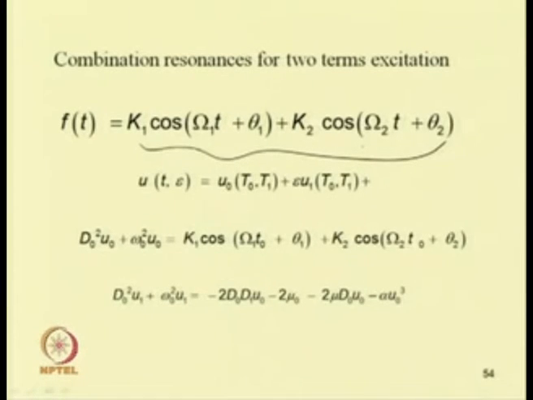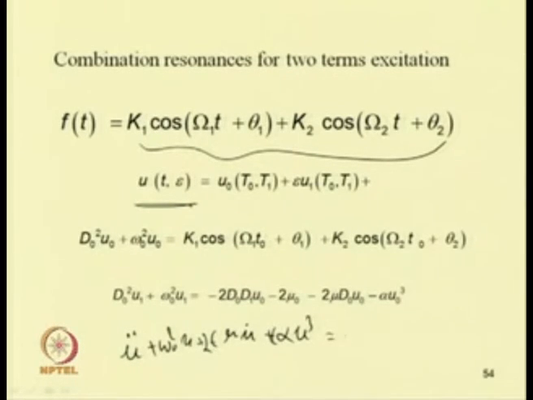Like the previous case, here also we can take u equal to u 0 plus epsilon u 1, then our equation is u double dot plus omega 0 square u plus epsilon mu 2 u dot plus epsilon alpha u cube equal to